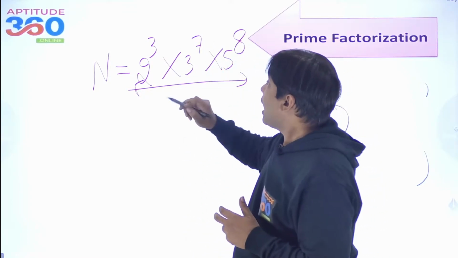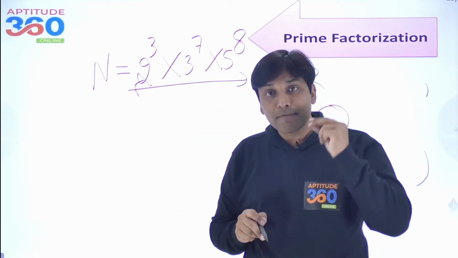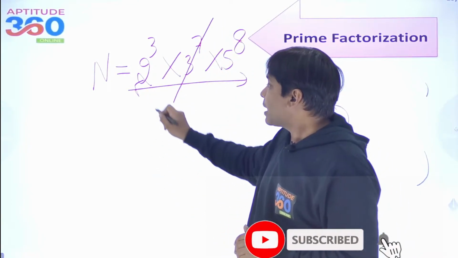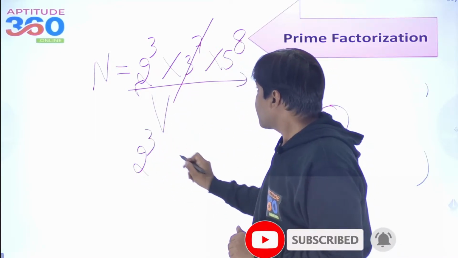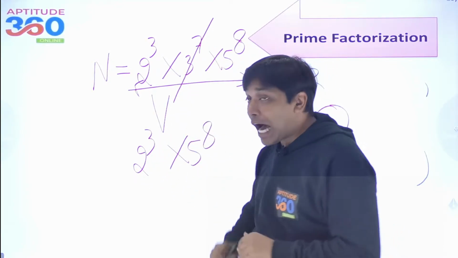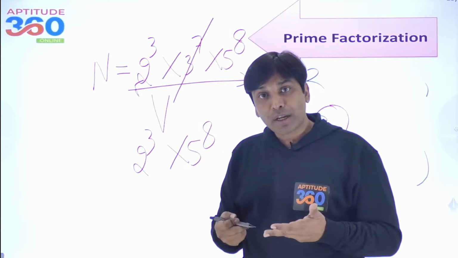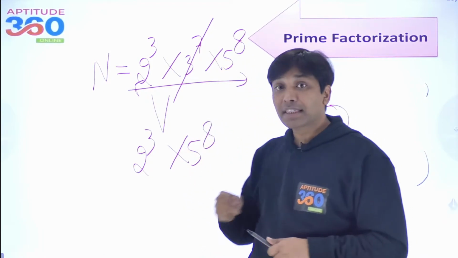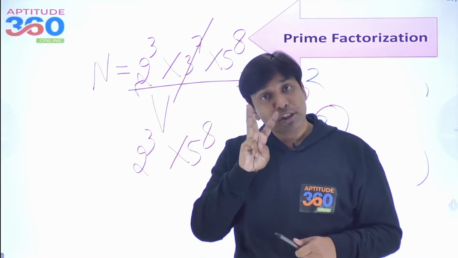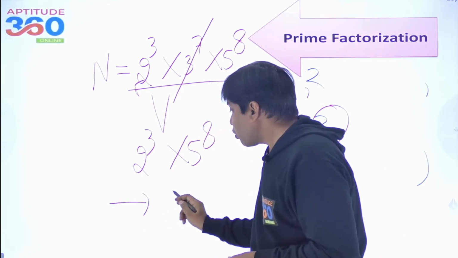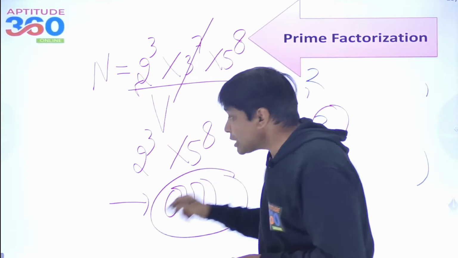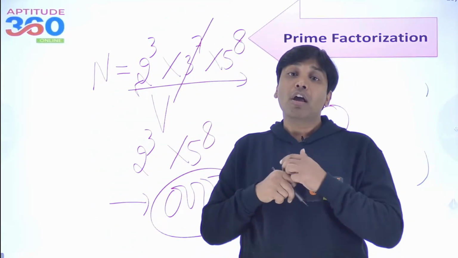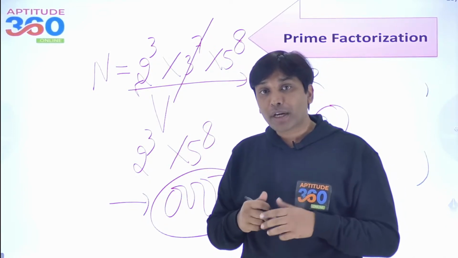Now understand this, when you are talking about number of zeros, आप बाकी प्राइम नंबर्स के बारे में बात तो मत ही करो. यानी ये तो गया, तो हमारे पास में बच गया यहाँ पे 2 to the power 3 and 5 to the power 8. Now we look for pairs of 2 and 5. अब आप देखो ना यहाँ पे 2 कितने हैं, 2 तो है सिर्फ 3 और 5 कितने हैं 8, लेकिन पेयर कितने बने, पेयर तो सिर्फ 3 ही बने. So how many zeros are going to be there? There will be only 3 zeros at the end of this very huge number, and that we can find out without much effort. Is that okay?